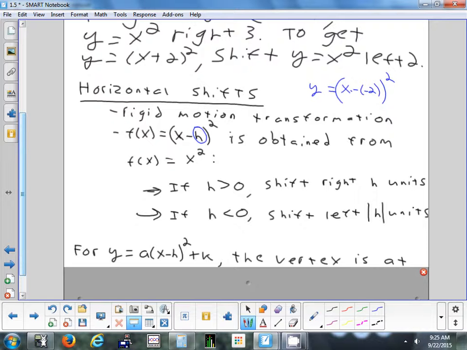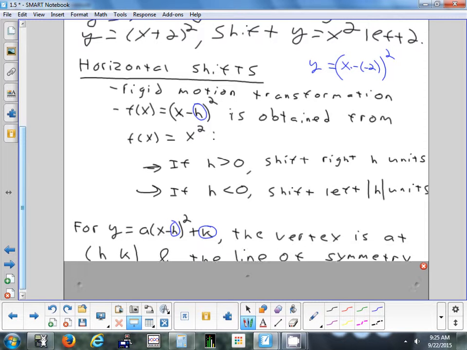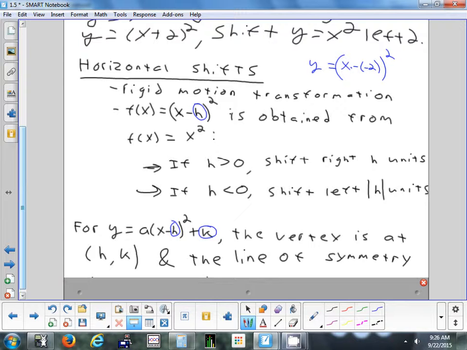Okay, and as we shift the parabola left and right, up and down, we're also shifting the vertex. Well, there's only two things you have to look at when you shift your vertex. Did you shift it up or down? And did you shift it left or right? So is K always going to be up and down, and H always going to be left and right? Yes. All right. So if you want to know where your vertex goes after you do this shifting, well,